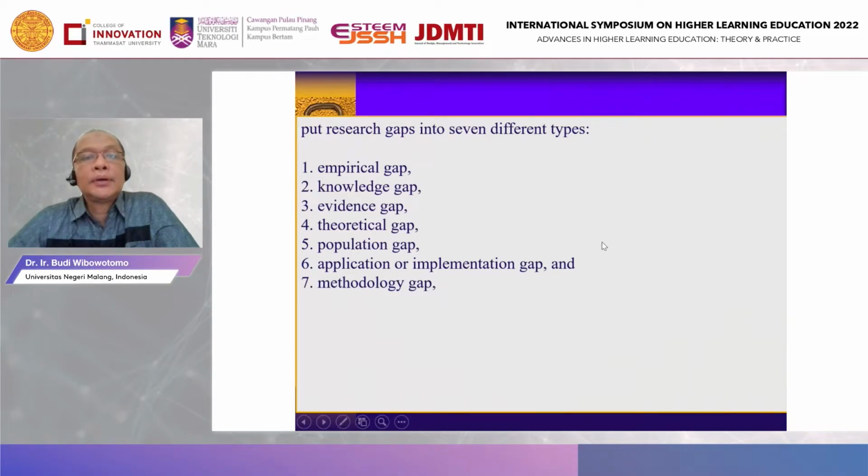So commonly or usually we can classify the research gap into different types. Yes, maybe we can call it the empirical gap, knowledge gap, evidence gap, theoretical, population, and so on. An empirical gap, maybe we can say about